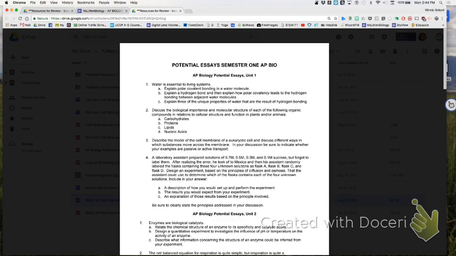Okay, question 3 is about cell membrane structure, and that is not in Unit 1. So once you've written those 2 essays, you're done with the old school essays. Okay? But then there would be some new school essays, and because these are new,